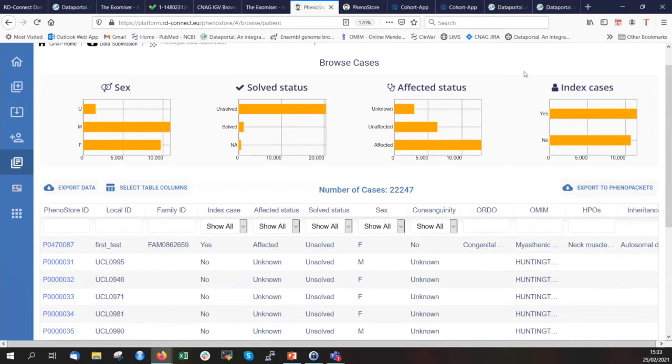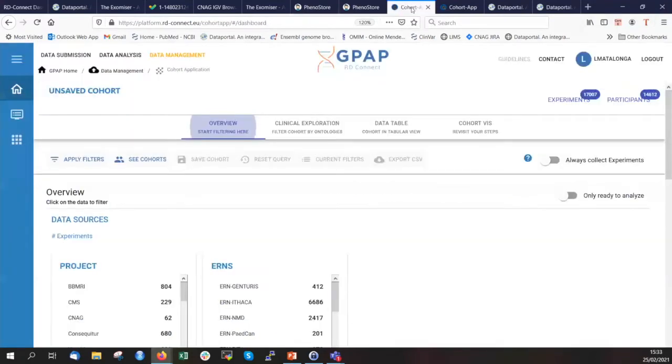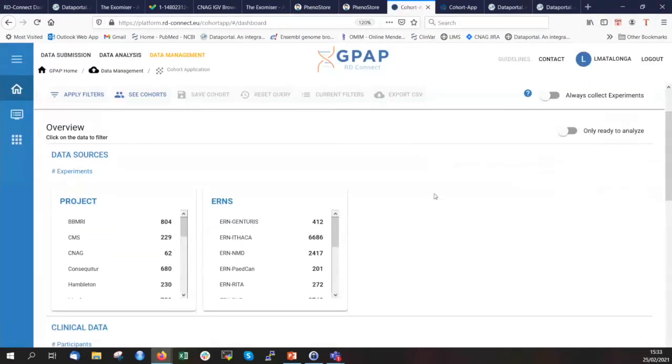Okay, and then, so here we said Phenostore is to enter the clinical information. We link it in the Genomic Platform, but then we also provide a module for creating cohorts. So this is the cohort application. And here you will be able to browse your data, but also all the data that is post-embargo, so that is available for the authorized user in the platform, so that you can create specific cohorts based on, as you will see,